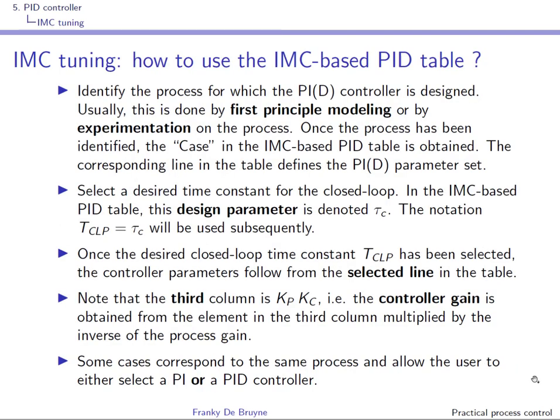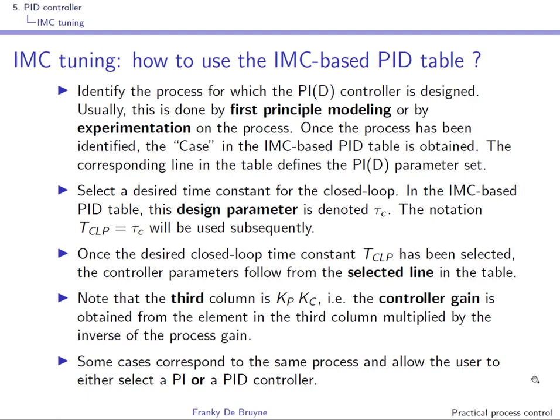Well, this is the procedure to use this IMC-based PID table. Through first principle modeling or through experimentation and identification using graphical methods, you have identified the process and obtained the corresponding process parameters, and this leads to a process that is identified by a, between quotes, case in the IMC-based PID table. Then you have to set the desired closed loop time constant. In the table that's tau c. Previously we have said it's called